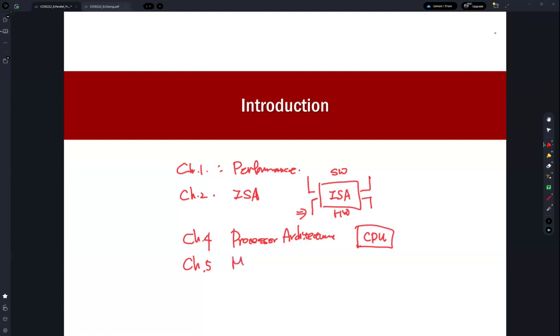We learned about the memory system. The memory systems are connected to the CPU, and the memory system provides the data required by instructions. Also we learned that in order to improve the performance, we organize a memory hierarchy, and we also learned about the virtual memory concept. So actually, until this chapter 5, we were focused on the